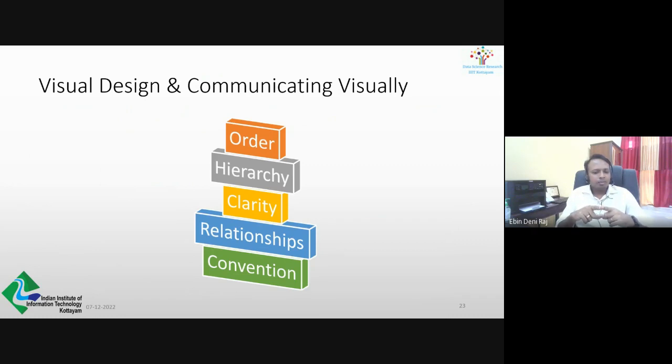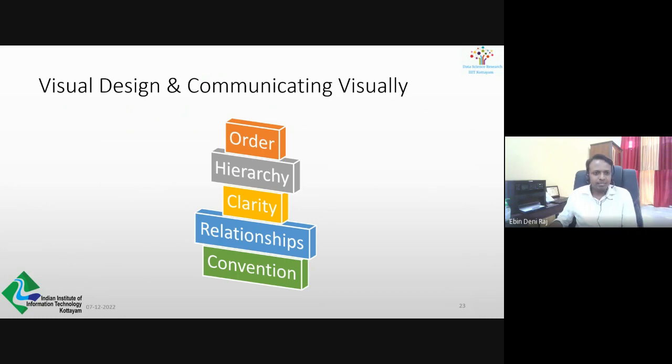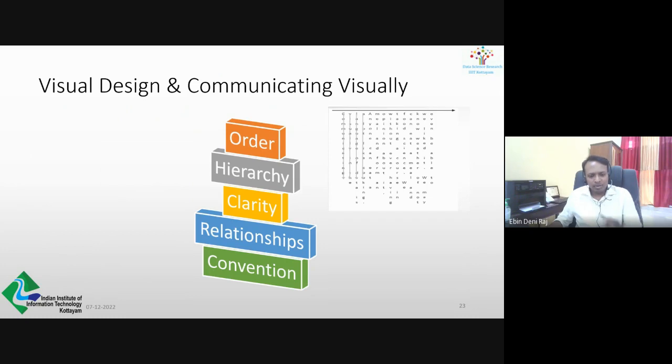When you talk about order, visual perception is unlike text, it may not have that order. In text there is an agreed-upon standard order in which we read, right? If you think about any English text, we read from left to right and then from top to bottom. If I flip the words around and ask you to read from top to bottom and left to right, then it's completely unreadable, right? It may not make much sense, or I would say it's a complete mess. It's difficult to read if somebody is asking you to do that.